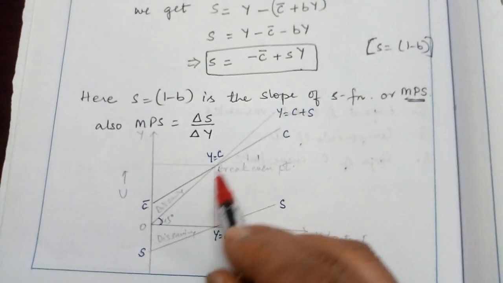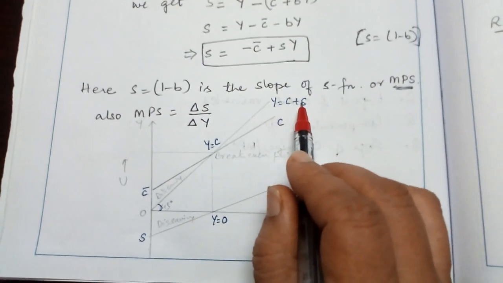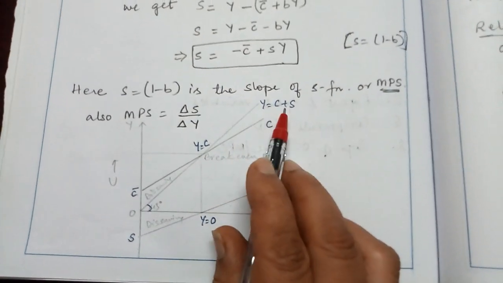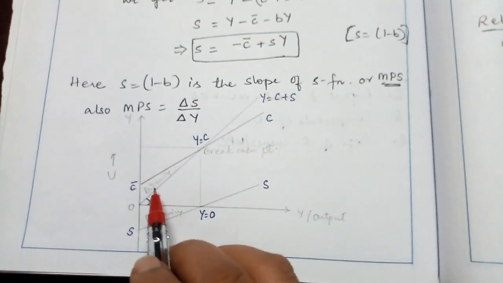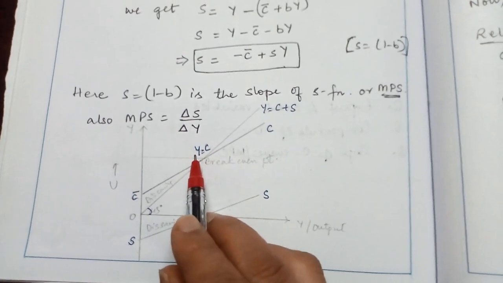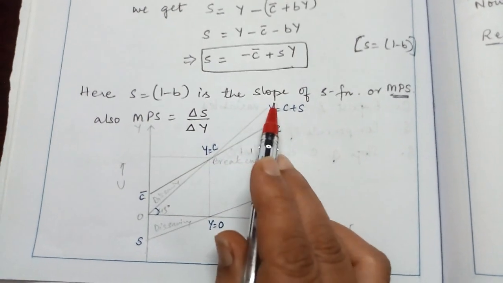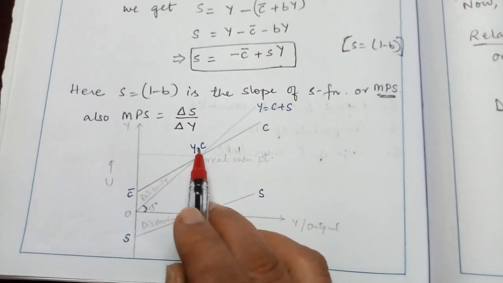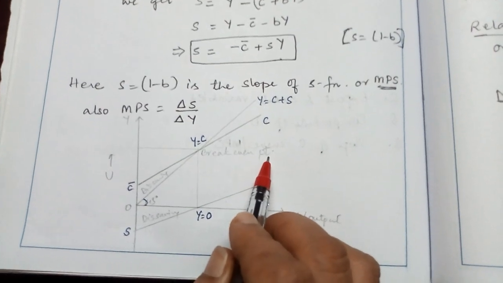Now we draw a 45-degree line which is income. That is the sum of consumption and saving. That means whatever the income is, it will either be consumed or be saved. So it is a 45-degree line. Now at some point consumption will be equal to income. At that point the consumption curve intersects the income curve. So this point where income is equal to consumption is called the break-even point.